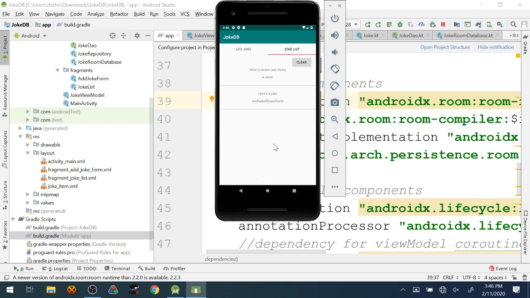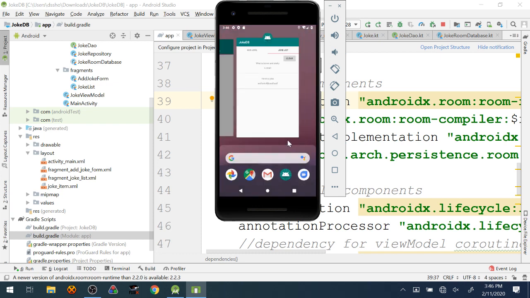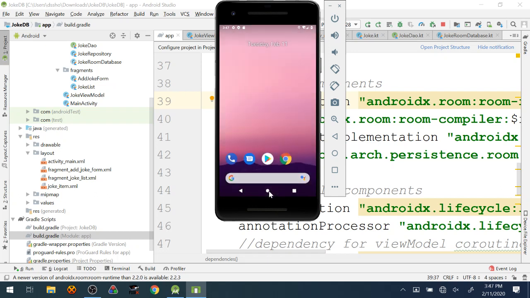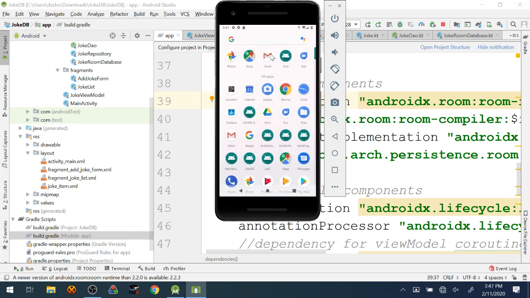And it updates again. To really test the persistence, what would you do? I would close the app and then restart it, because I could very easily make an app that lets me type stuff in and saves it on a list. But if I don't have a database backing that app, when that app gets closed, then all of that data is gone. That's part of the big reason for using a database. So to close an app on Android, you hit the little square down here, and then you slide it right off the top, right? And then you have to go find it again to open it back up.